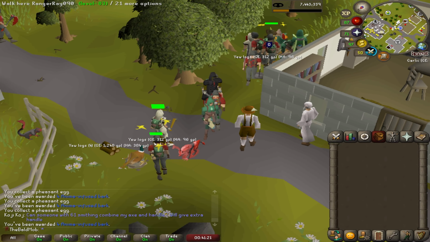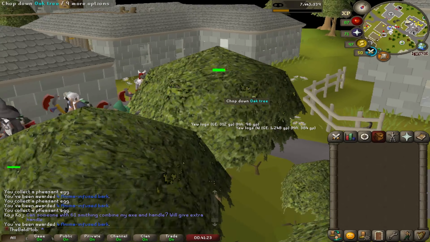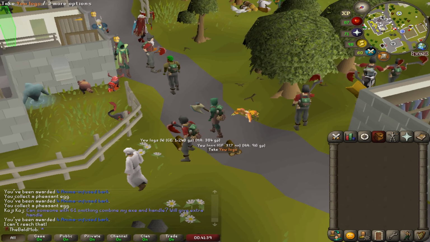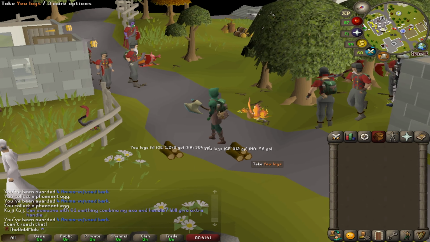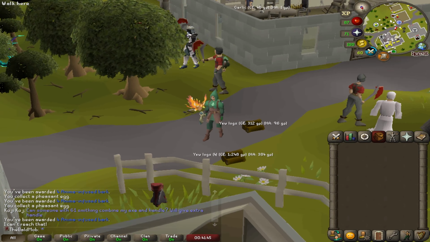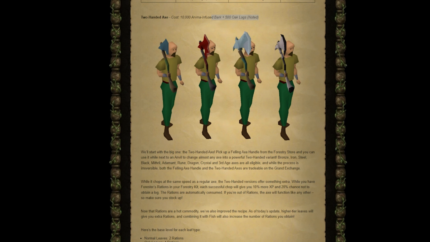I've done like 4 or 5. So far, this is going great. Did I get scammed? Where the hell did he go? I did like 4 deliveries. I didn't get anything. Oh, I've been awarded 4 bark? What the hell? Scam. Alright, well, while I finish chopping those oak logs in game really quickly, let's talk about